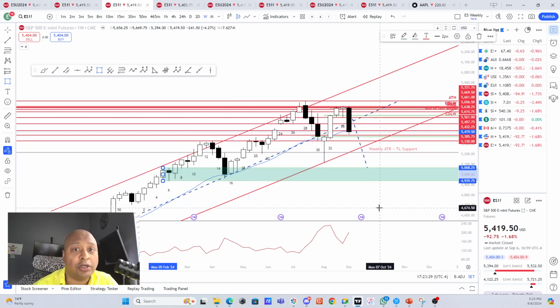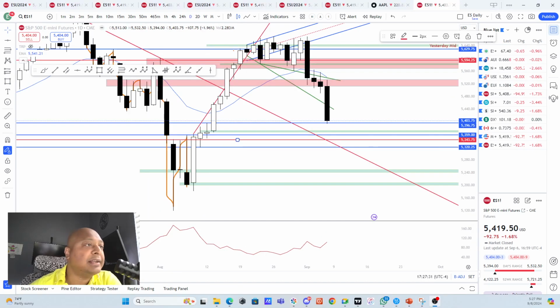Let us now move on to the daily chart. Looking at the daily chart, it really looks bearish at this point. So if we look at it, we had a tight trading range here. After the tight trading range, we came back to the EMA and we broke the daily EMA right here, which was at 5563 at that point.